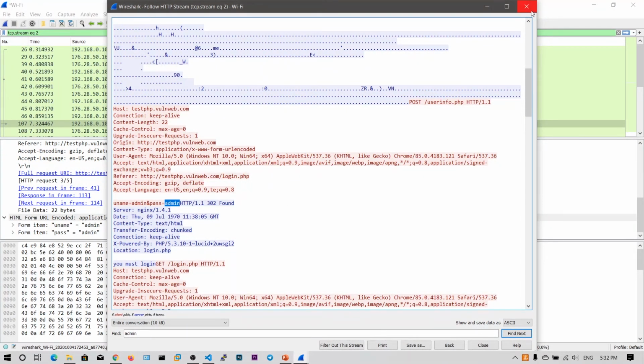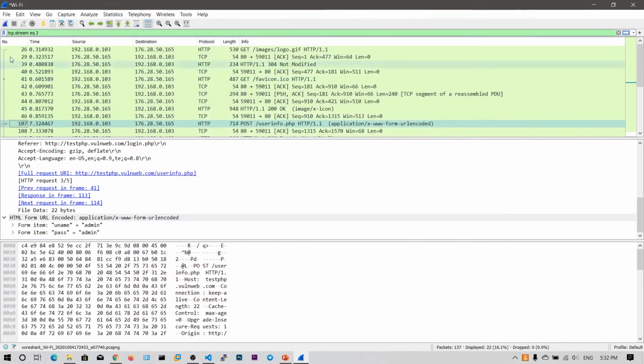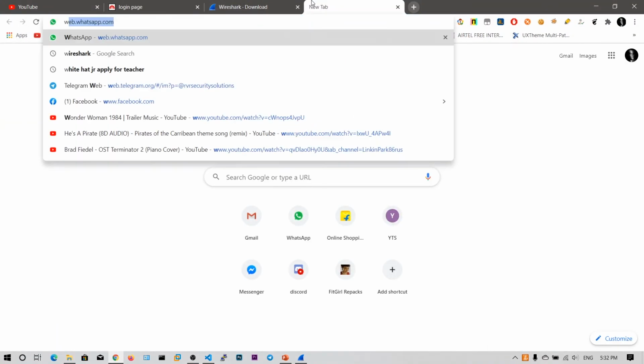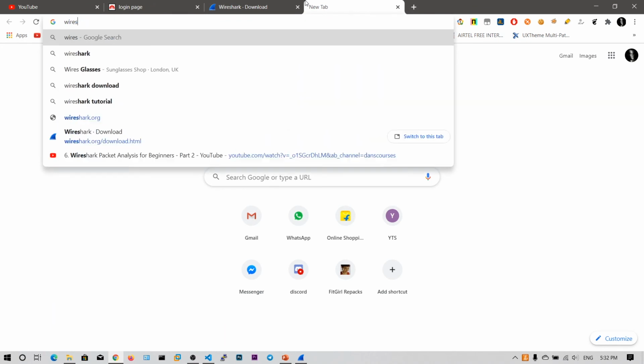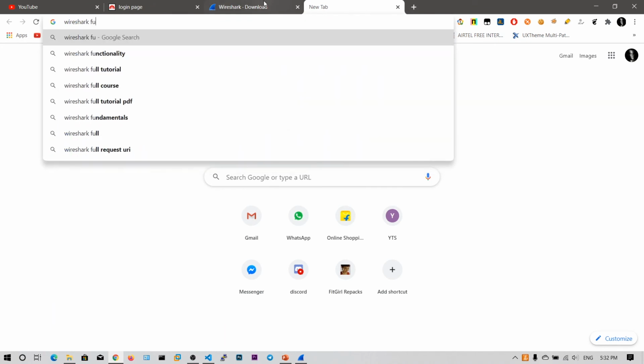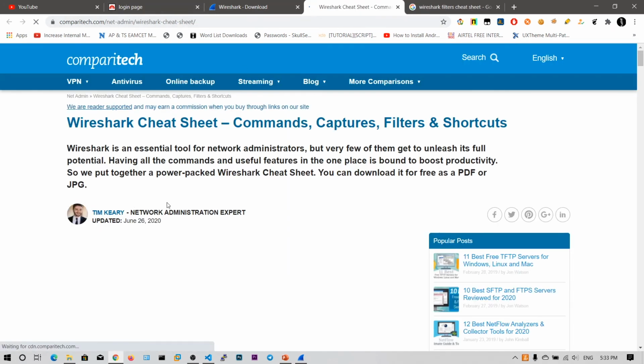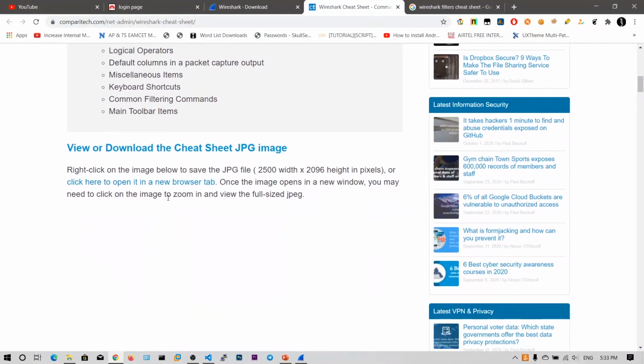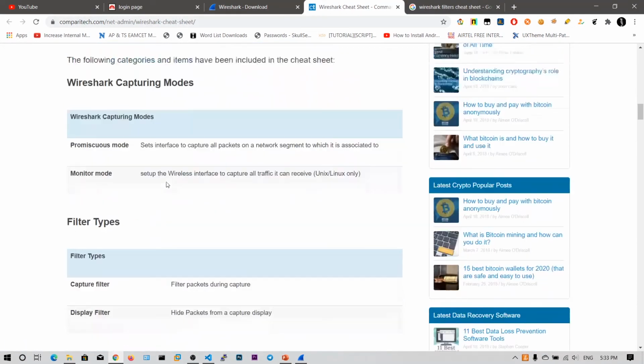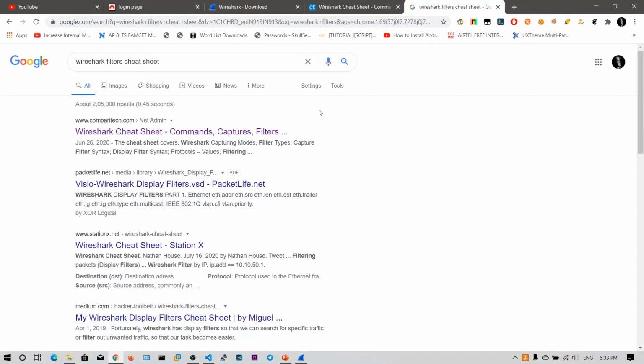So this is all about the basics of Wireshark, and I want to show you the Wireshark filters cheat sheet. Let me go to this website. You cannot remember all the Wireshark filters, which is why you need to maintain a cheat sheet, like this one.